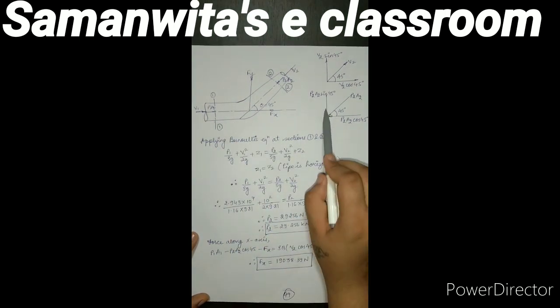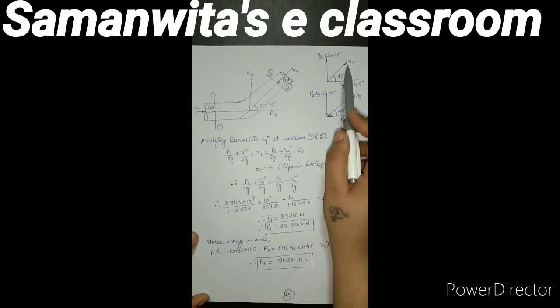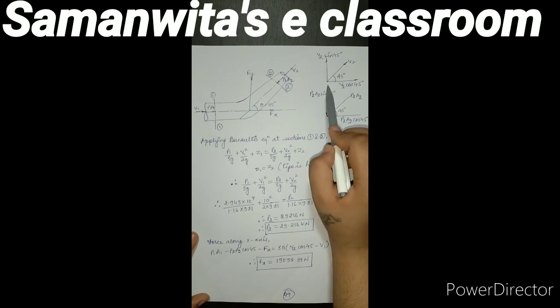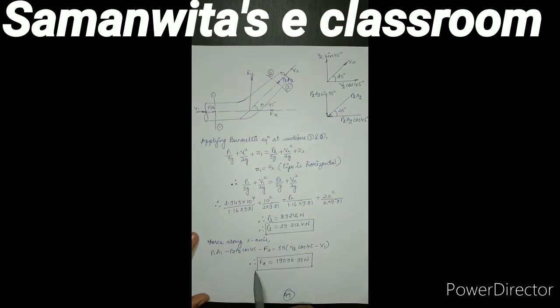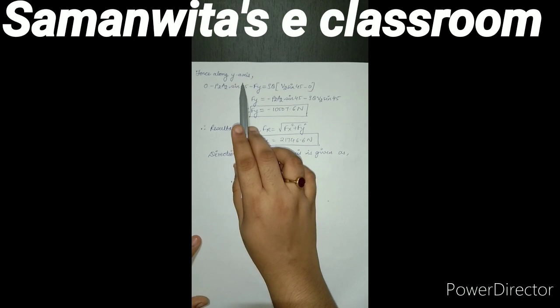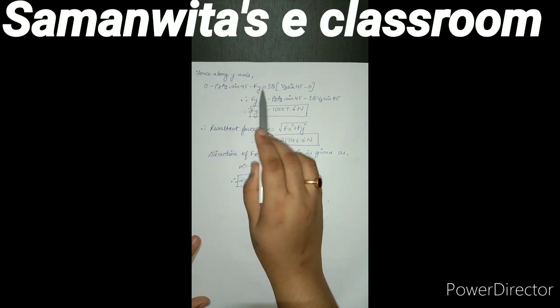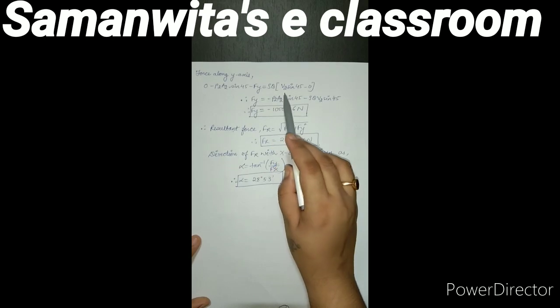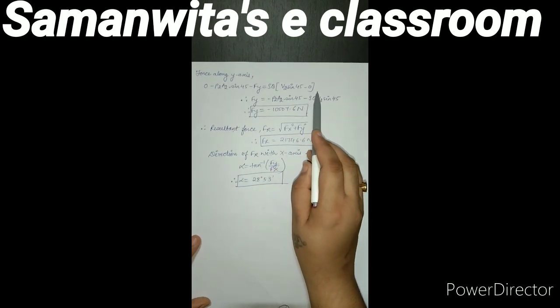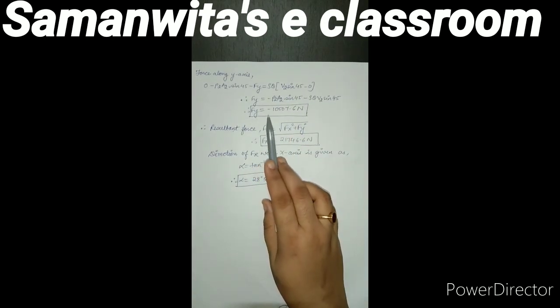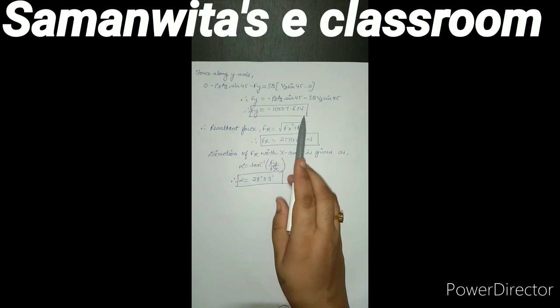Now for solving along the y-axis, you will see the P1A1 term becomes 0 because it has no component. The P2A2 term in the y direction is downward, so I'll have minus P2A2 sine 45. If you see the velocity, this term V2 sine 45 is in the upward direction, so it will be positive. If you look at the equation, you will get 0 minus P2A2 sine 45 minus Fy is equal to rho Q V2 sine 45 minus 0. I get the answer of Fy as minus 10507.6 Newton.